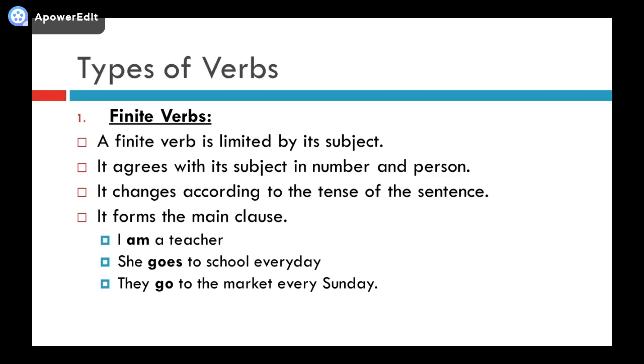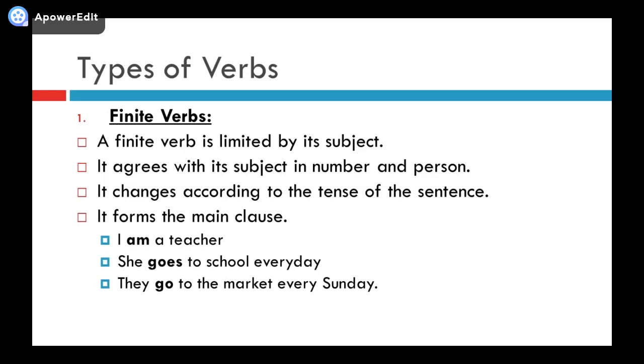Types of verbs. Now, there are finite verbs. Finite verbs are what? A finite verb is limited by its subject. Means the action of that verb is limited to the subject. Okay. We will see what is a subject and a predicate a little bit later on. Okay. It agrees with its subject in number and person. For example, agrees with its subject in number and person means what? I am a teacher. And if it was he is a teacher or they are teachers. So the conjugation of that verb is changing according to the subject and the number of subjects in the sentence,